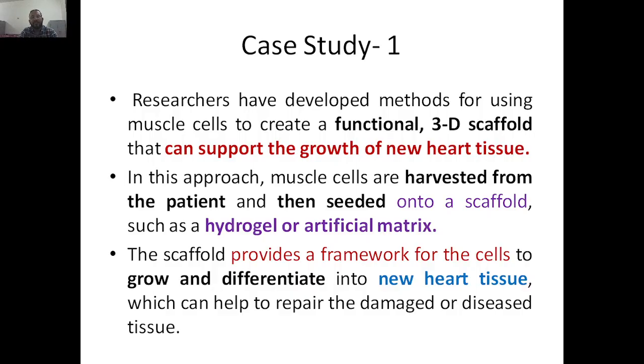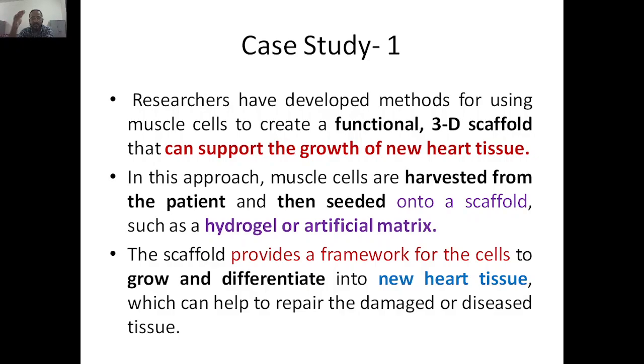So what you have to do is, initially you take out the cells from that particular patient and then seed it onto the scaffold. For such scaffolds you can use hydrogel or artificial matrix. Now the scaffold provides a framework for the cells. That means it will give you the framework for how the heart cells should be. If it is a valve, it should be like a valve. If it is the capillaries, it should be like capillaries. Understanding? So now the scaffold provides the framework for the cells to grow as well as differentiate into